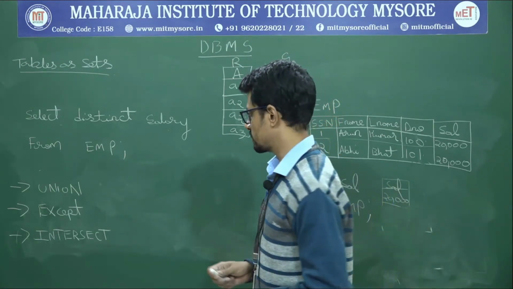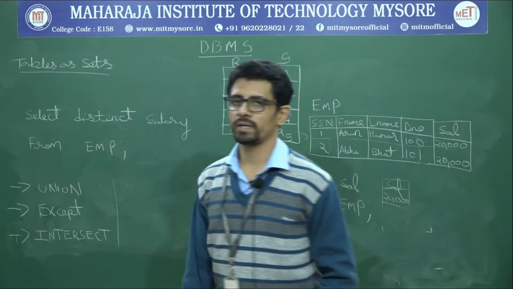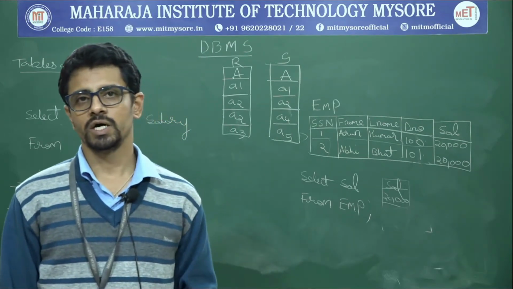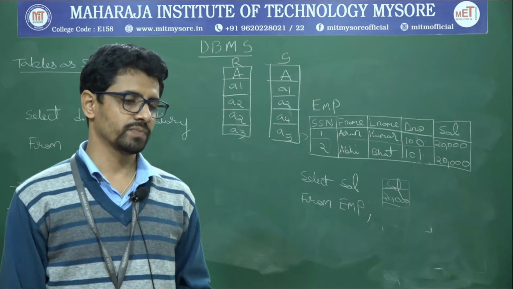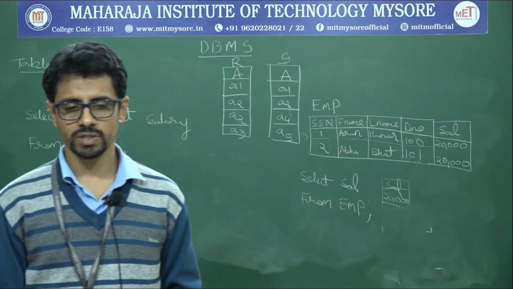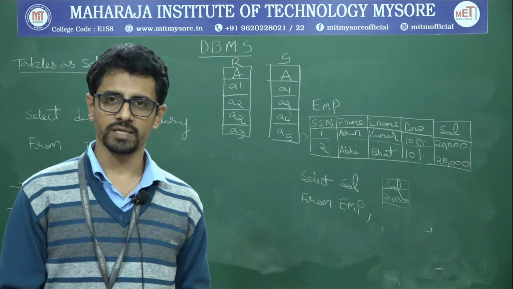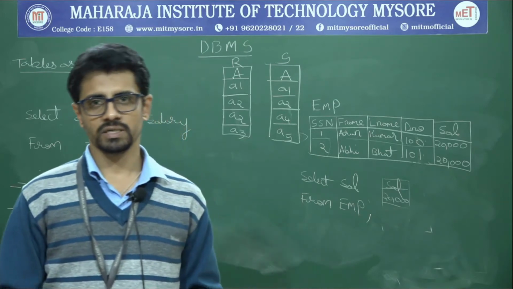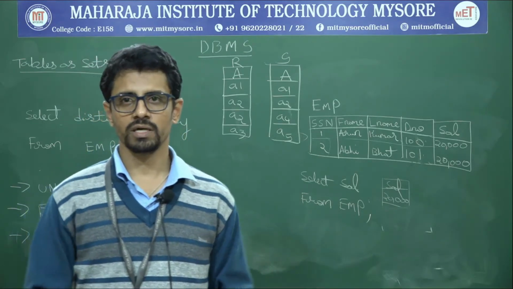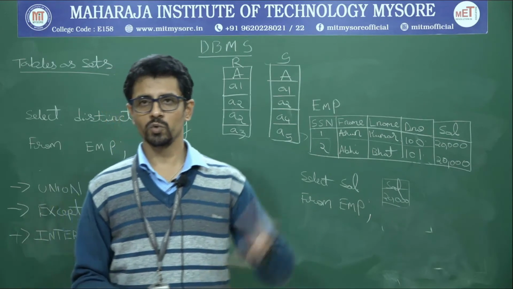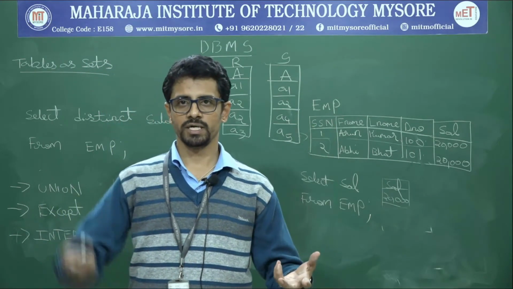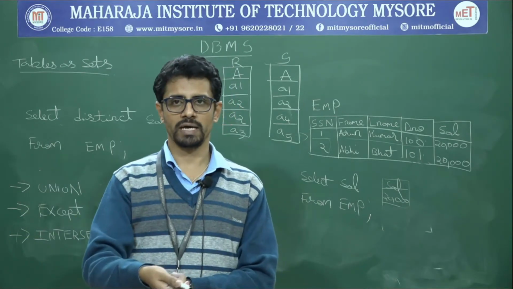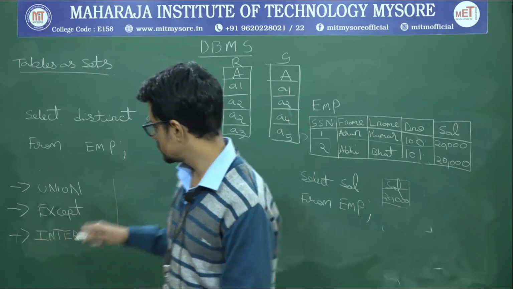Okay, only the output can eliminate duplicates using the distinct clause. Now, why do we use these set operations in relational databases? Sometimes it is required, for example, to display the names of employees and the names of supervisors who work in the department. Supervisors are also employees, and employees are already specified, so both names have to be taken. In that case I need to union the two: take the names of employees, take the names of supervisors, union them, and display the output, because a supervisor is also an employee. So in those scenarios, we will go with this union operation.